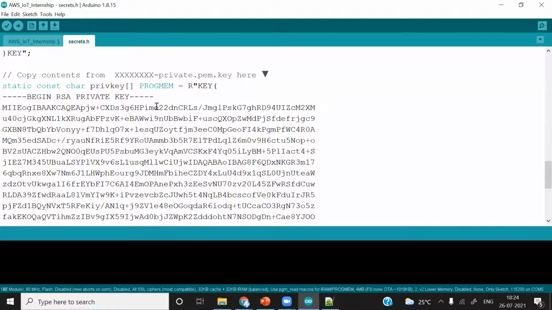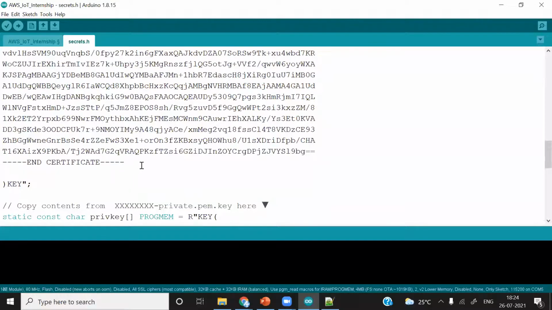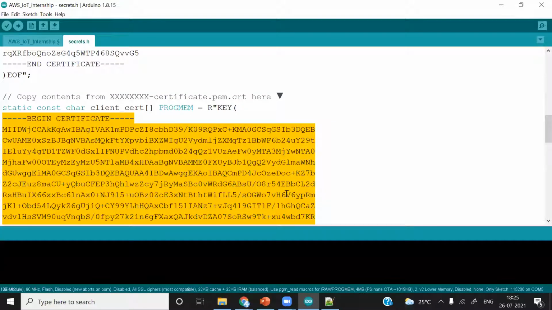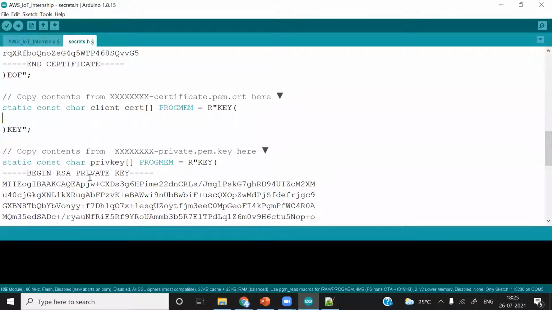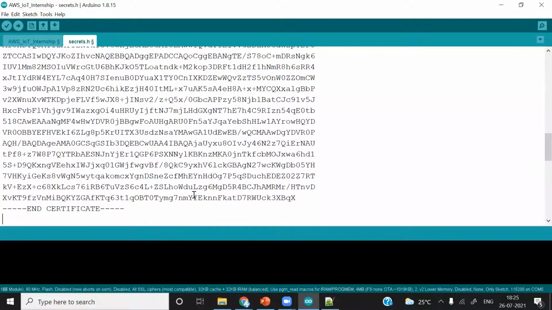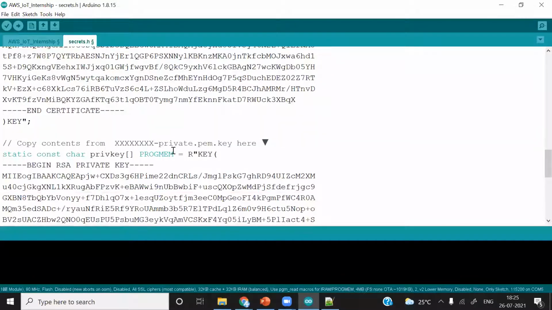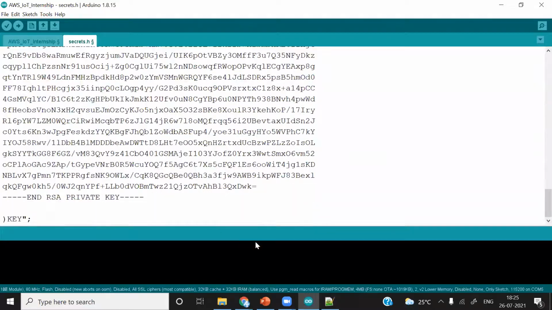We have copied the content of the certificate file. Then I'll delete the old content and Control V. We have added the updated content of the credentials.